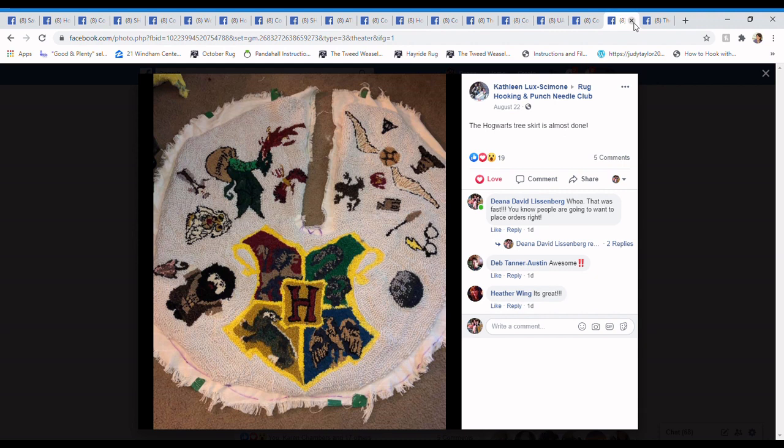Kathleen says that her daughters are already fighting over it for their college trees. And luckily, she herself is a teacher, so she had an overhead projector, and she was able to design this and transfer it onto the fabric. It's always tricky when you do your own designs like this and you know what you want to do. You need tools that are not at everybody's disposal, like an overhead projector, to be able to make this a